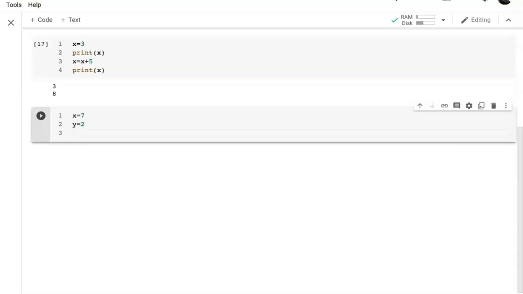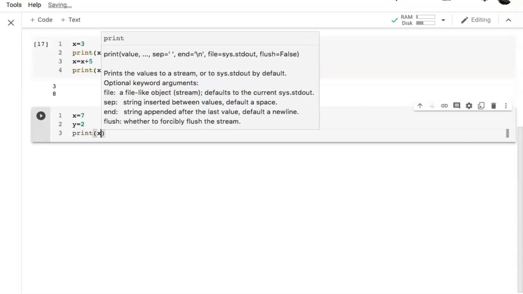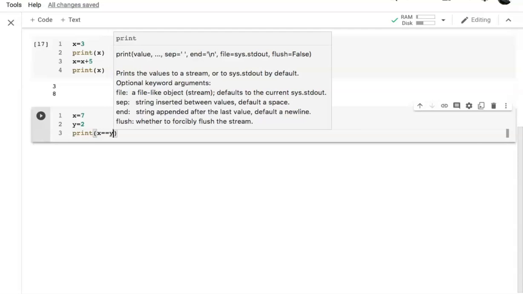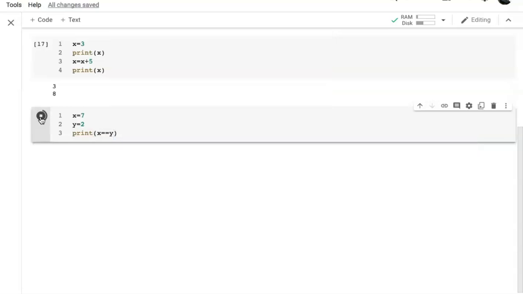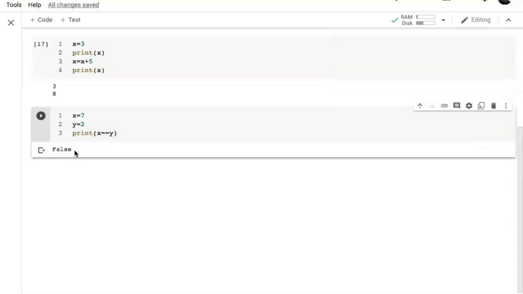So first compare this x and y, write print inside the parenthesis, it is x equal y. It will check whether the value of x is equal to the value of y or not. So let's run this, and we got the output false because the value of x is not equal to the value of y.